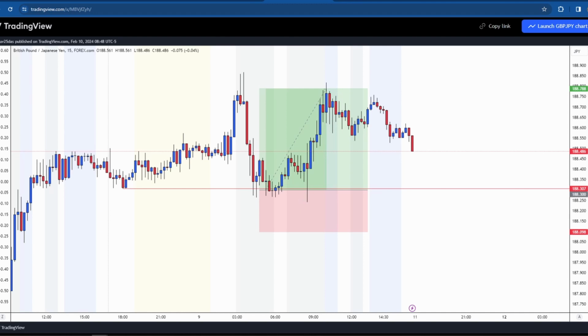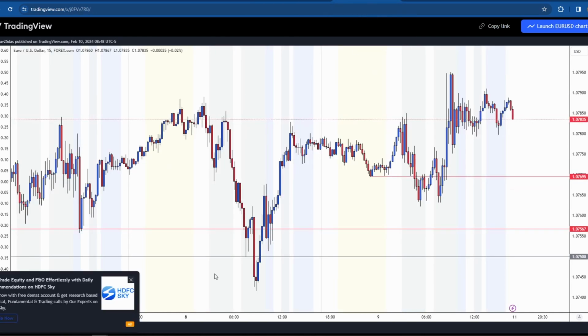And on euro dollar, on this Thursday I guess, price went down below this, but it went a little bit deep and it hit my stop loss. Because I took a buy over at this 1.07500, but it went a little bit below and I took a smaller stop loss of 10 pips or something, I guess. But for those who want confirmation,